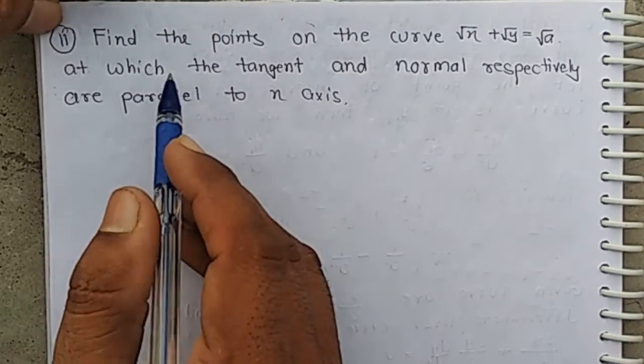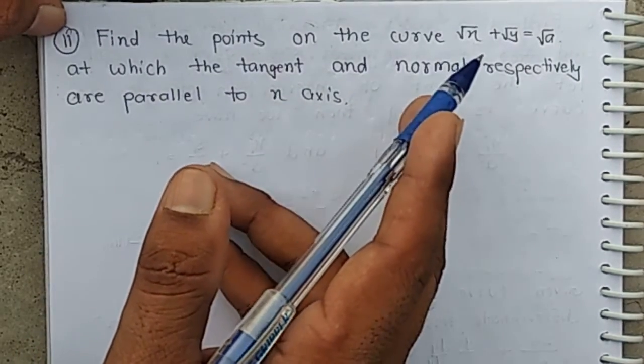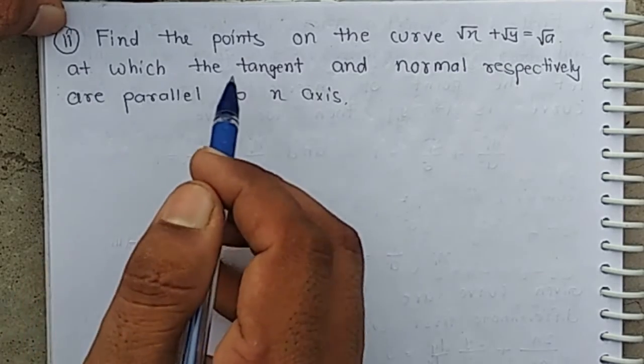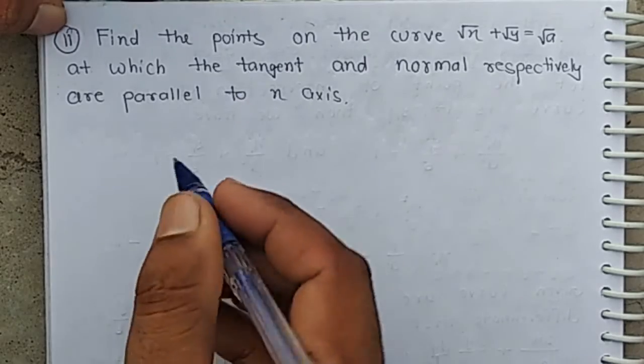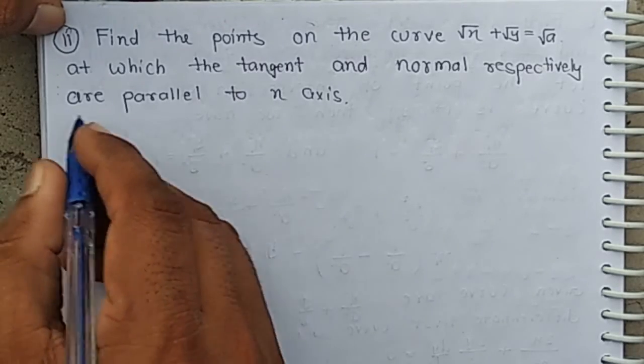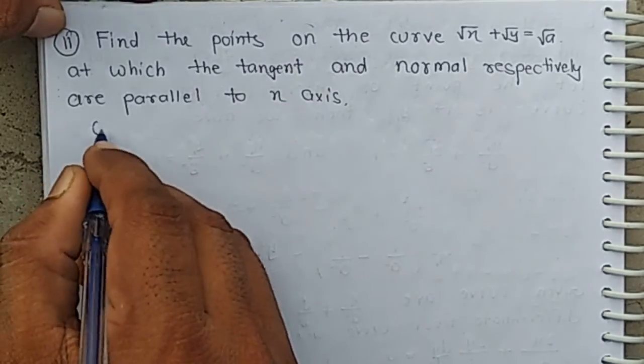Question number 11. Find the points on the curve root x plus root y equal root a at which the tangent and normal respectively are parallel to x-axis. When tangent is given curve,